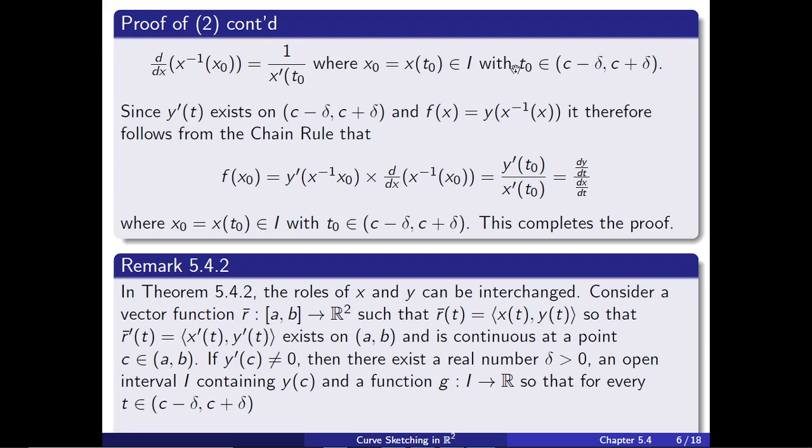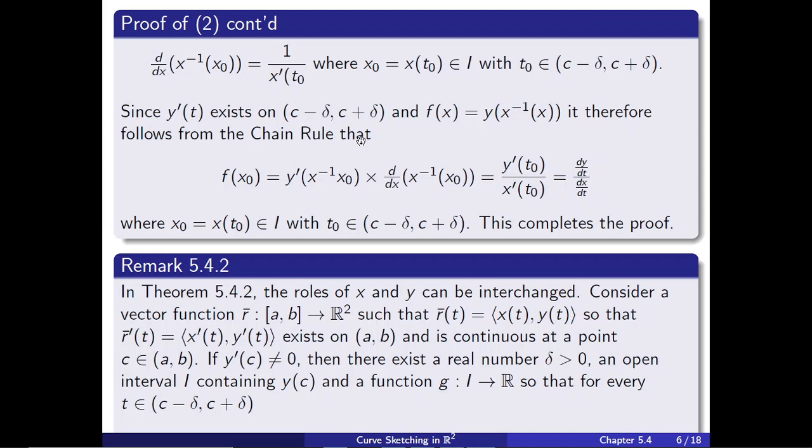So we get that the derivative of that is equal to 1 over x prime of t naught, where x naught is equal to x of t naught, and t naught is on the interval c minus delta, c plus delta. Now, since y prime of t exists on c minus delta, c plus delta, it means that f of x can be written as y of x inverse of x,